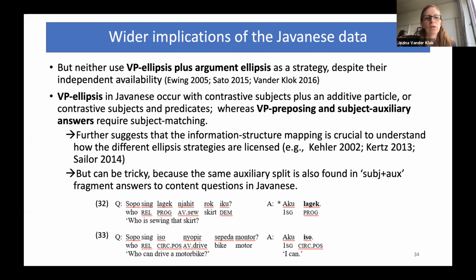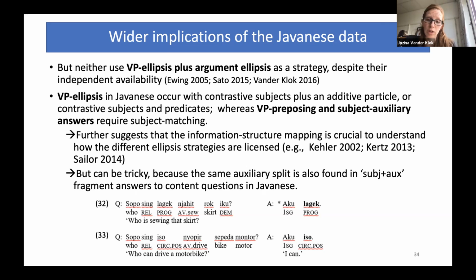So in answer to a subject WH question, like in 32, who is sewing that shirt? Soposeng lage njait rak itu. You can't have a subject auxiliary answer, aku lage, but you can with a different TAM marker iso, and